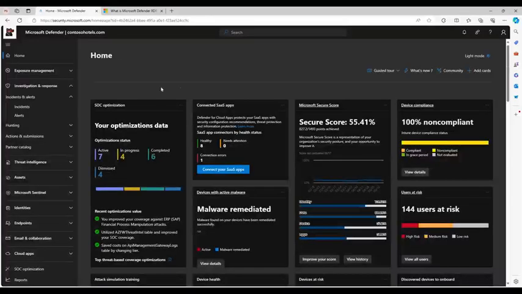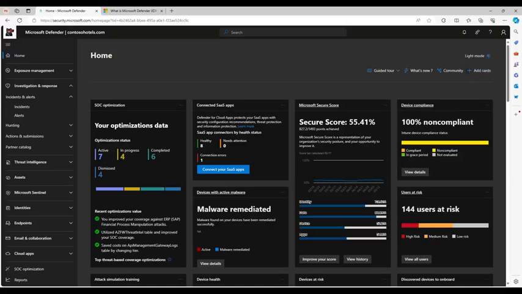If we switch over to the XDR portal, this is the overview page, which you can see the widgets that we've currently got in place here. This is the information that's most important to the people who are accessing the environment. So these are called cards, and they're completely removable and editable. You can remove what's relevant to your role within your organization and add certain cards that are probably more